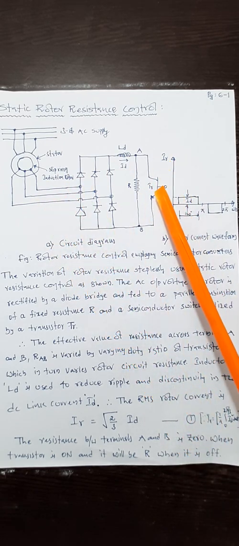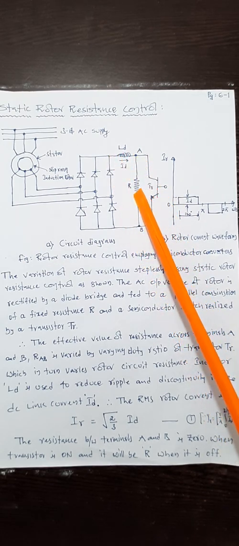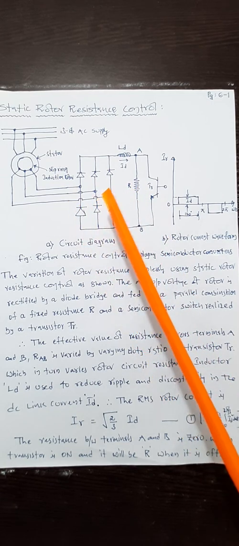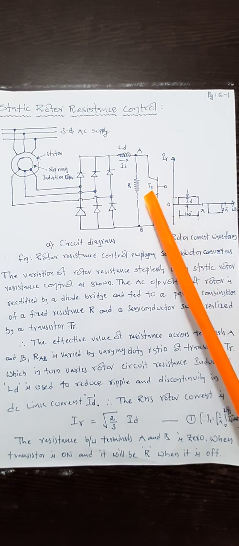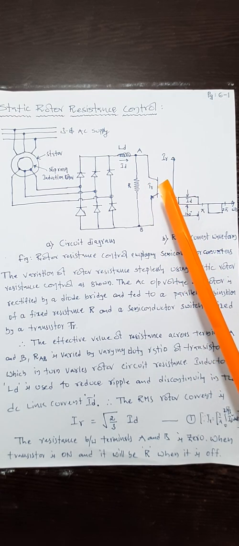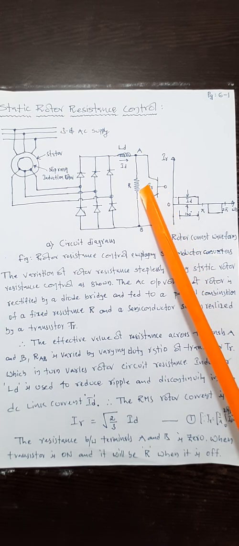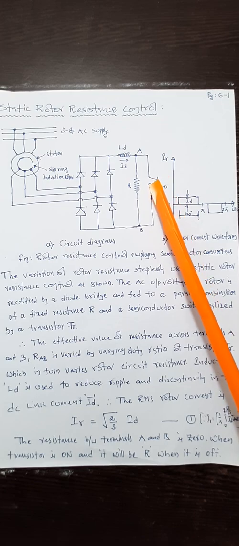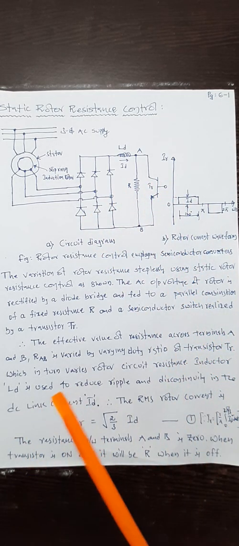Whereas if the transistor is off, that means it is open circuit. So at that time the complete resistance is applied to the rotor. Therefore, we conclude here, during the regular intervals of on and off times, the rotor may have an external resistance, without variation. 0 and R resistances are varied, applicable to the rotor.